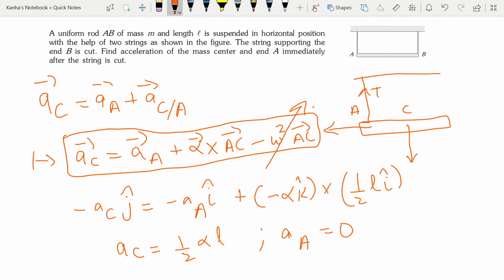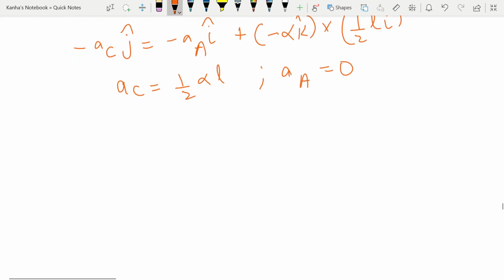Next, the rod now goes into plane motion, and to analyze this motion, we can apply the superposition of translation of the center of mass and simultaneously the centroidal rotation. So to do this, let me just draw what is happening again. The force is now in place. So I have my rod here. At the point A, there is a force of tension acting. At the center, there is mg downwards.